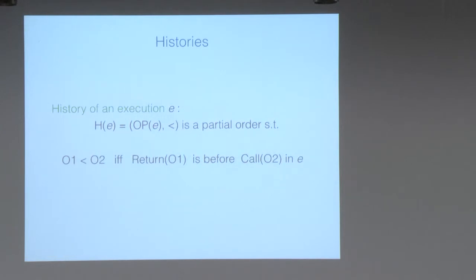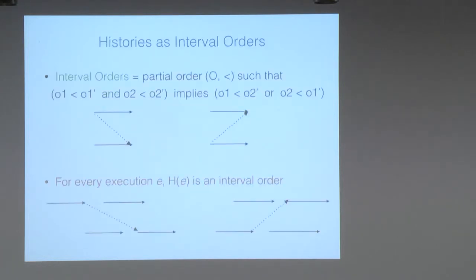Now, you may have intervals that overlap, and those are different operations that execute at the same time. But if two are like this, they are incomparable with respect to this order, so they are just two points. But if there are two like this, then you put this restriction down, okay? So now, the important thing is that since we are reasoning about shared memory,